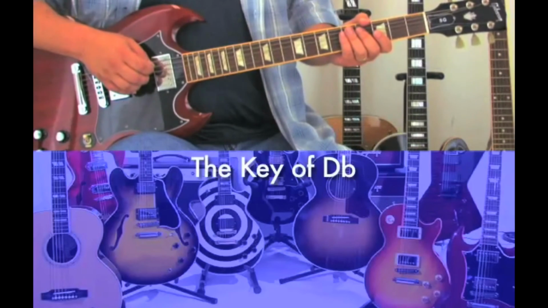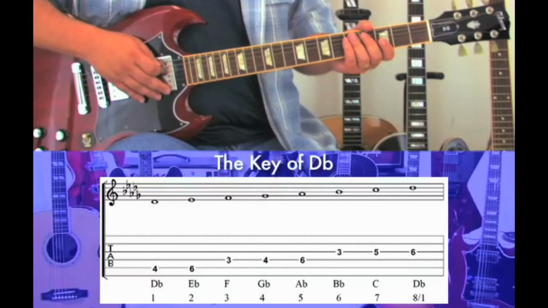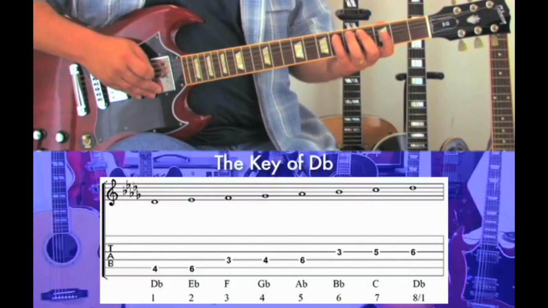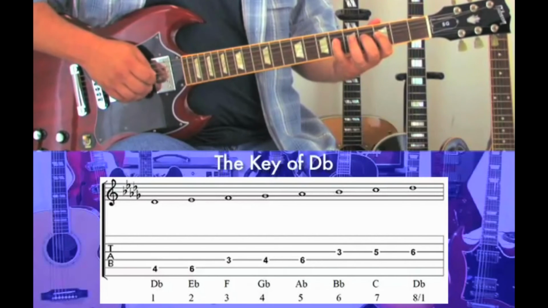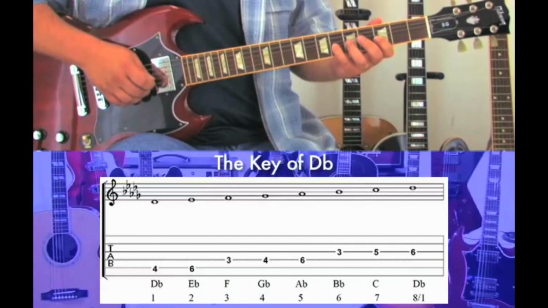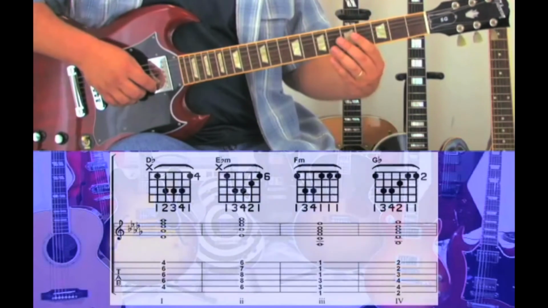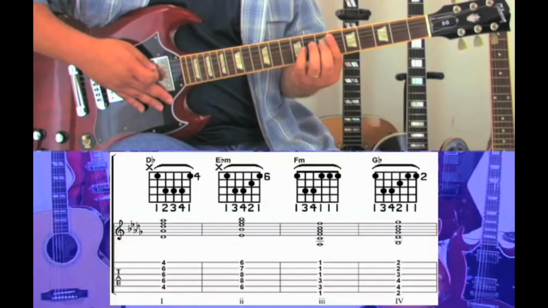The key of D flat uses 5 flat notes. It is made up of D flat, E flat, F, G flat, A flat, B flat, C, and D flat. The 1 chord is D flat, the 2 chord is E flat minor,